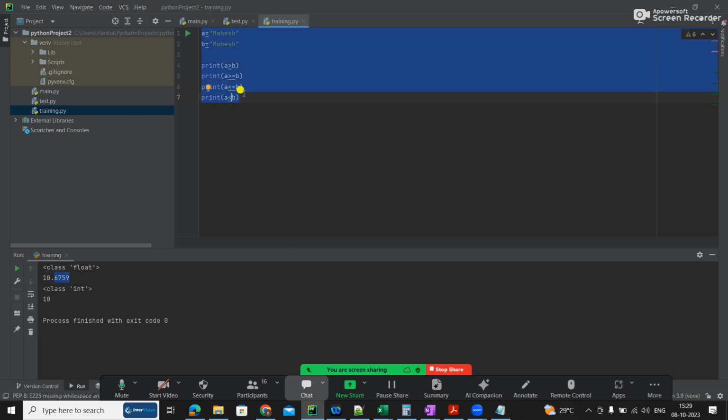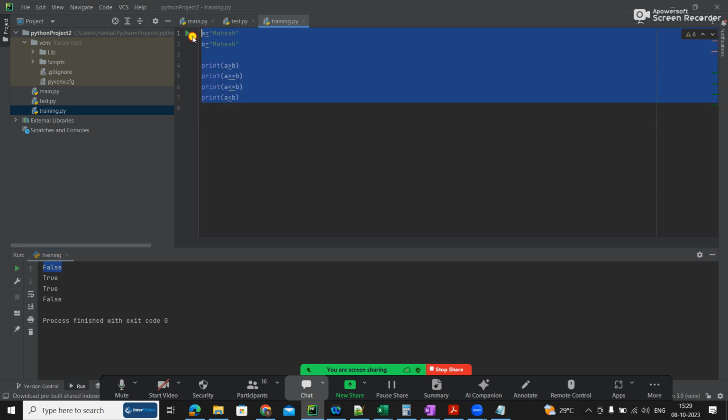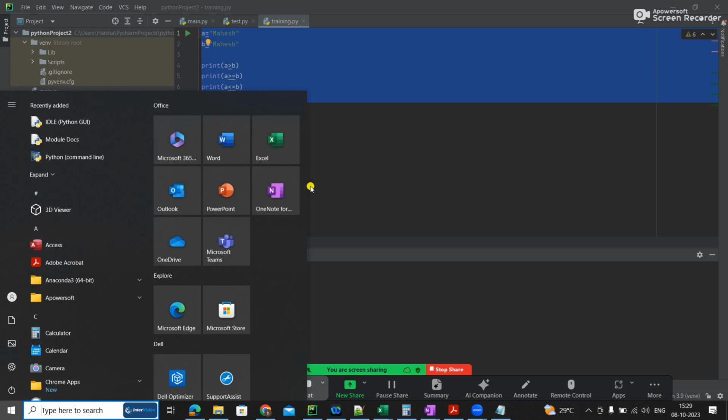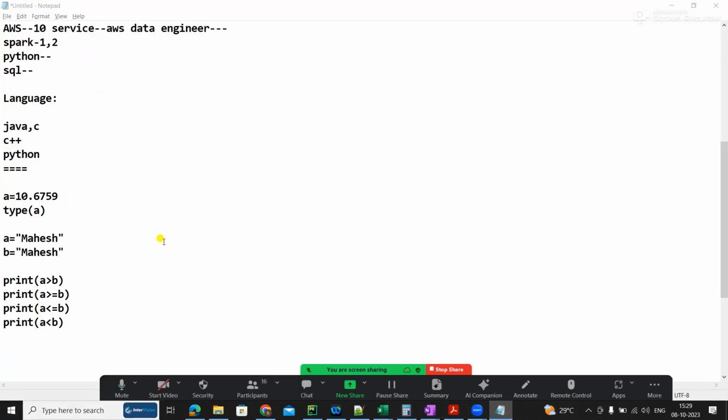When I run this, A lesser or equal to B, I get true, true for this, false, false for this. So anyone got this idea? And if I change the name, okay, I'll explain, no worries.